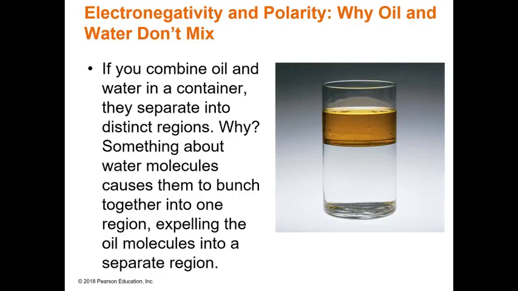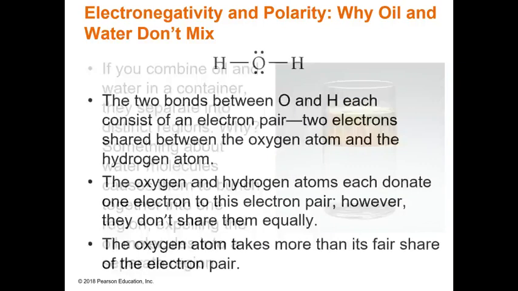Let's now explore molecular polarity. When you pour oil into water, they separate into distinct layers. Why? It has to do with the molecular polarity of water and oil. Water molecules are polar and strongly attract each other, pushing non